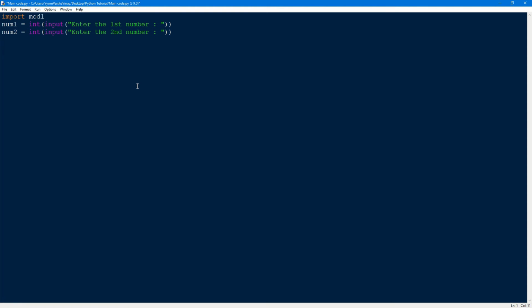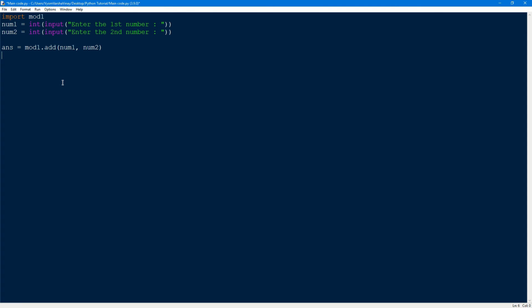So we know that we have made a function called add. So let us make a variable ans is equal to mod1.add. This means we are using the function add from the module mod1, and then in the brackets we write num1 comma num2,